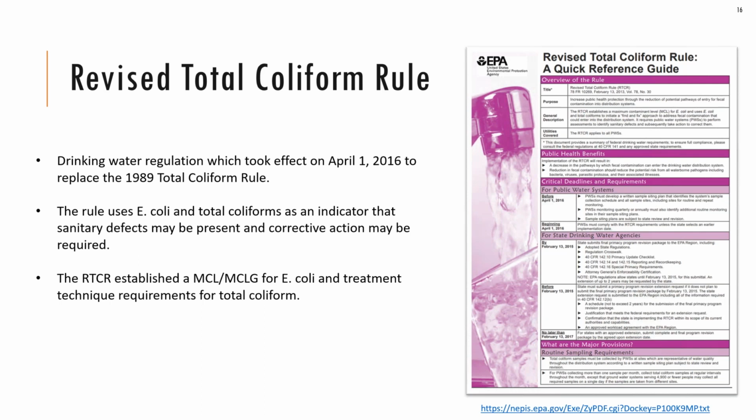The presence of total coliforms and E. coli in the water system suggests that there's some sort of failure somewhere in the distribution system or treatment system, which can mean that there is a pathway for pathogens or other contaminants to enter the water system. This rule is designed to improve the protection of public health by using the presence of total coliforms and E. coli as a trigger to assess and correct the failure of the system, and notify the state and public about the contaminant issue and why the system had these deficiencies.